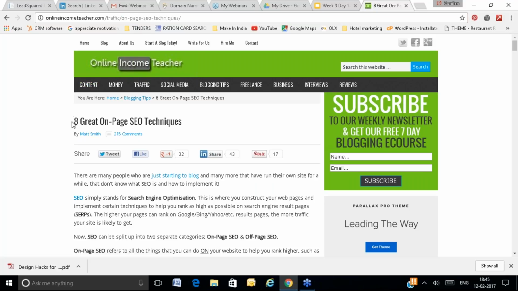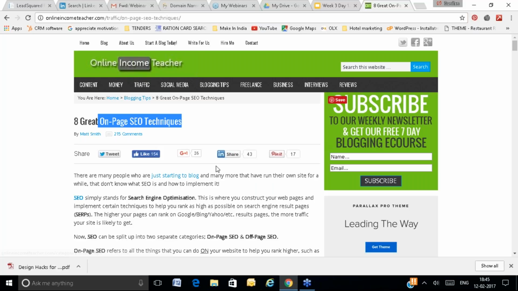Now see, a similar thing they have written in the page title, 8 on-page SEO techniques. They have used the keyword in the page title, so your page title must have that keyword. Whatever you are doing on the page is called an SEO factor.